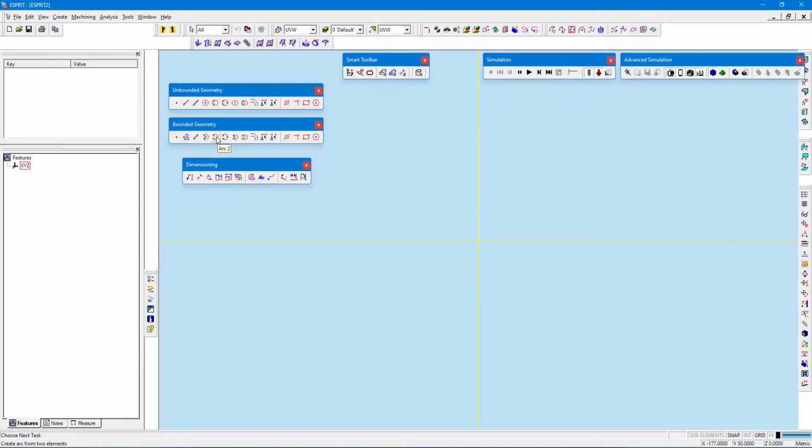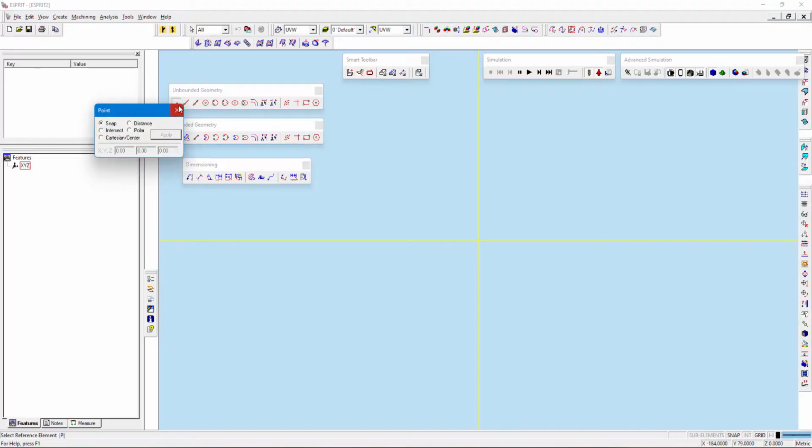And by using arc 2, you can create a radius or an arc by using the first point and end point, and selecting a third point to complete the arc. The start point, middle point will be your second point, and the end point will be your third point. So that's it. The same way, ellipse 1 also will be common, and all other things will be common.